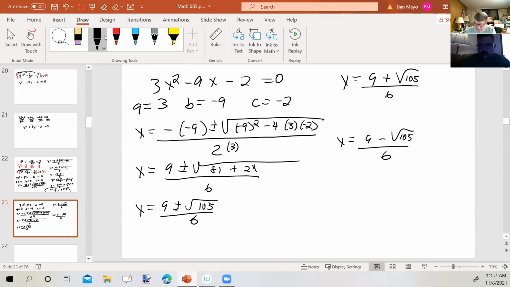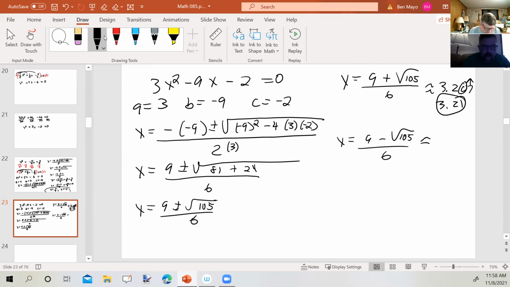Going to the calculator, because this one I'm going to approximate. Parentheses 9 plus the square root of 105, close up the radical, close up the whole thing, divided by 6, and I get 3.207. It goes on, but it said to round to the nearest hundredth. So the zero's in the hundredth spot, the 7 would round up, so we're going to get